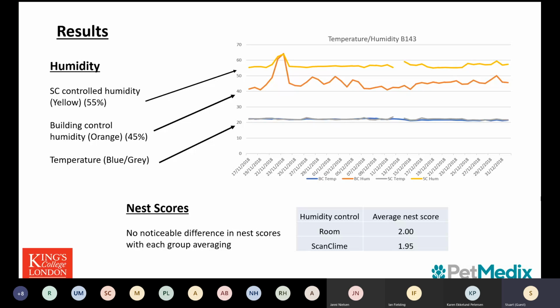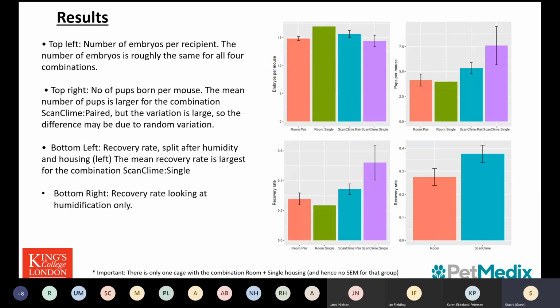We can also have a quick look at the nest scoring. We didn't really see any noticeable difference in the nest scores with each group, but I think it was quite a nice exercise in itself just to review the nest scoring. So in terms of the results of the study,